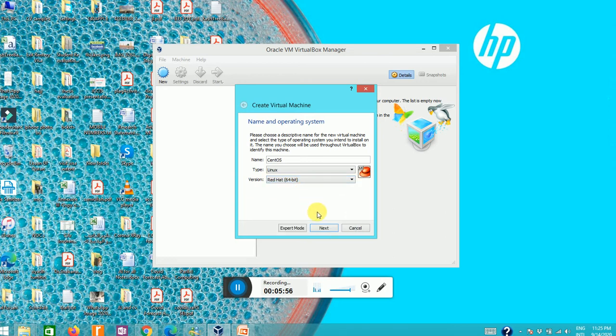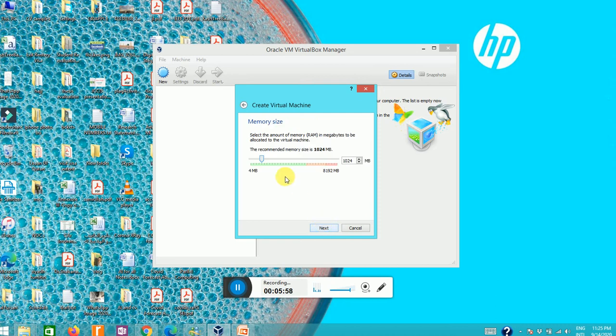I will select it and then go next, and here the recommended memory size for this is 1024, but I can select more, maybe around 2 GBs, that's 2048.